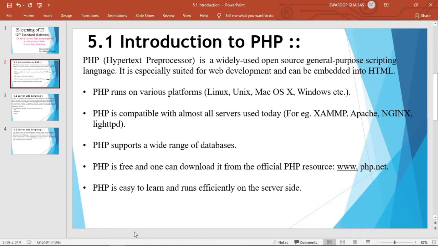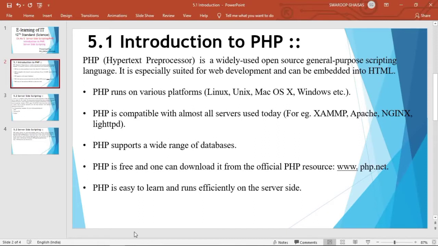So it supports different servers like XAMPP server, Apache server, lighttpd server. So PHP supports almost all servers that are used today. PHP supports a wide range of databases. So there is no limitation of database, or size of database. So it supports a wide range of databases also.